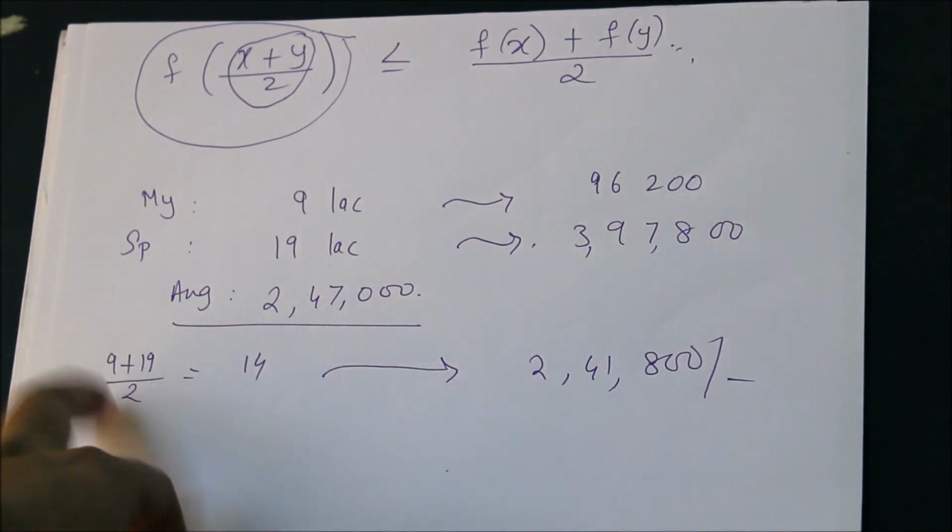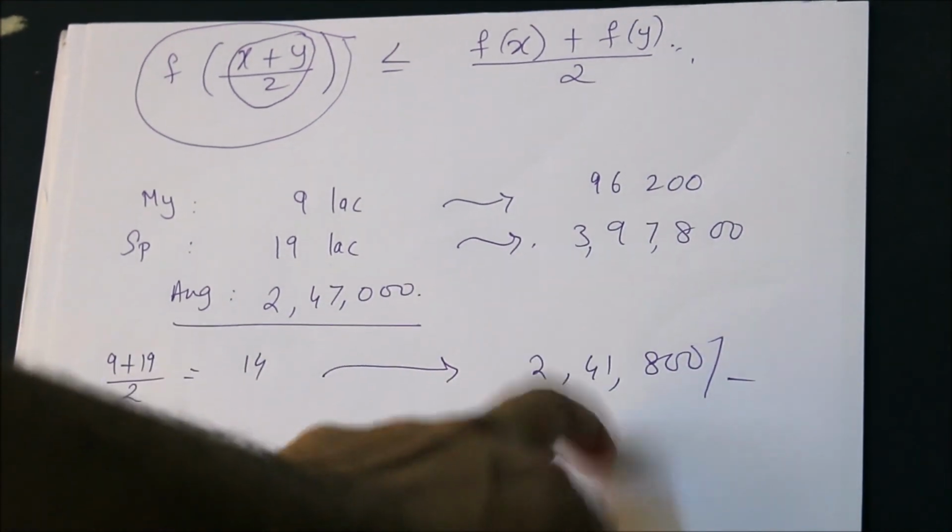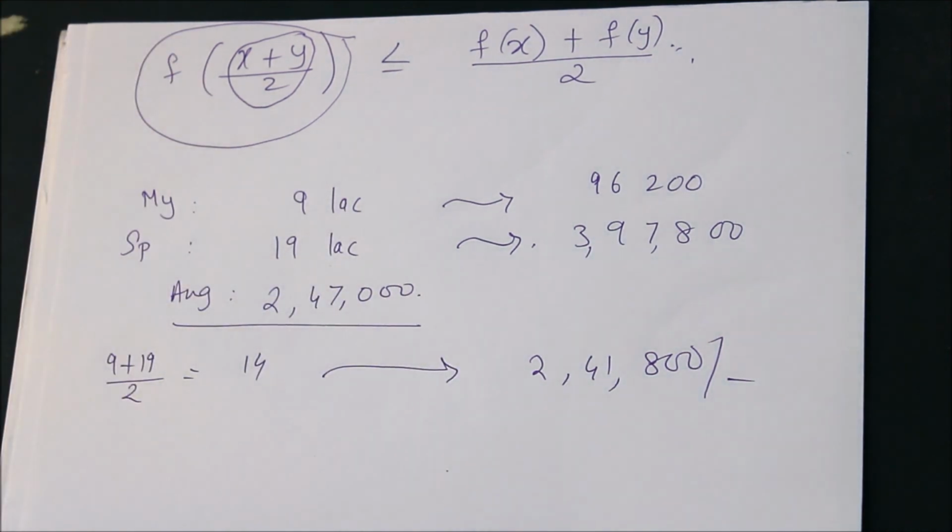So if you take the average and then you pay the income tax, that is less than, and in many scenarios it was coming out to be equal to. I have chosen some nice numbers, but ultimately what I want to say is, you won't be paying much more. Definitely you'll be paying equal or you'll be paying less, depending upon whether such an option is available or not. So that's what the income tax function is, and that's how convexity helps us to determine how one should pay the income tax. So I hope you found this example interesting.